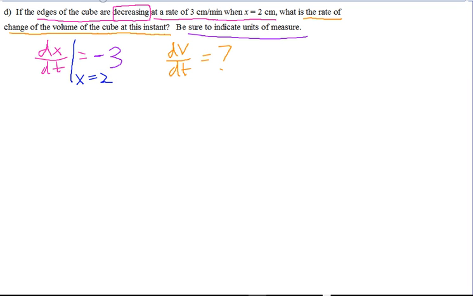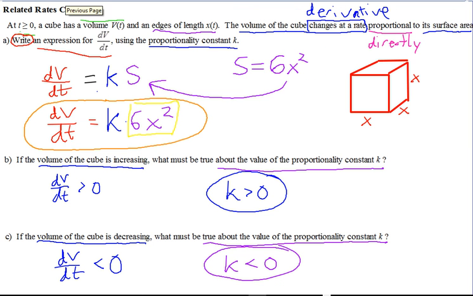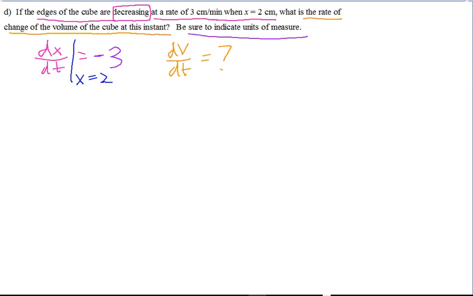So start with the equation that relates V and x. That would be the volume of a cube. So it would just be the length times width times height, x times x times x. So volume is just x cubed. And they get our rates in there, dV/dt and dx/dt. We have to take the derivative of that with respect to time. So the derivative of V is 1, but then with implicit differentiation, since V and t don't match up, we need to multiply that 1 by dV/dt